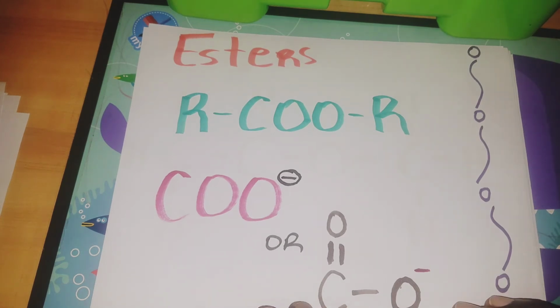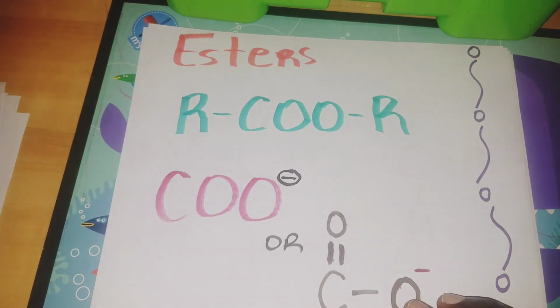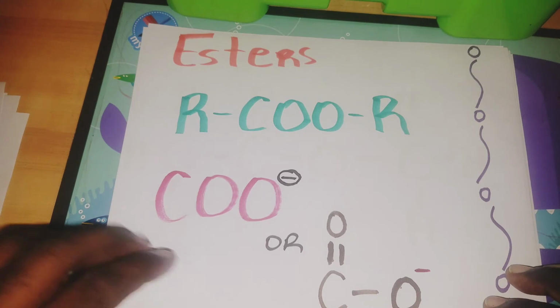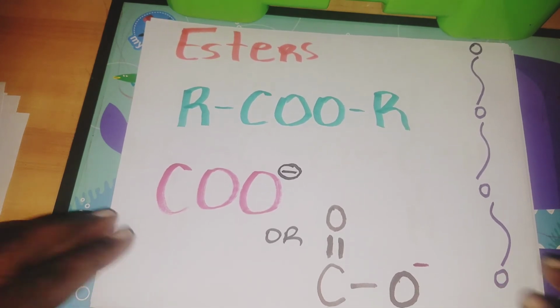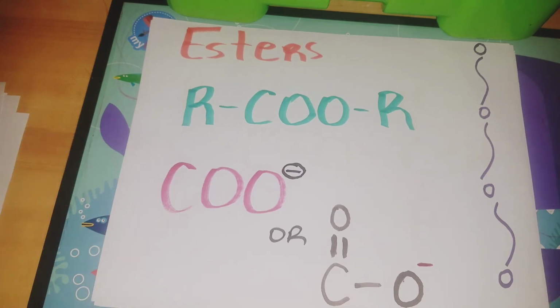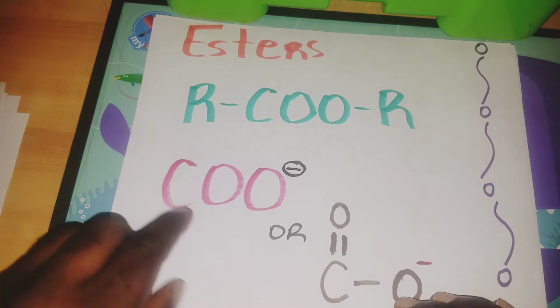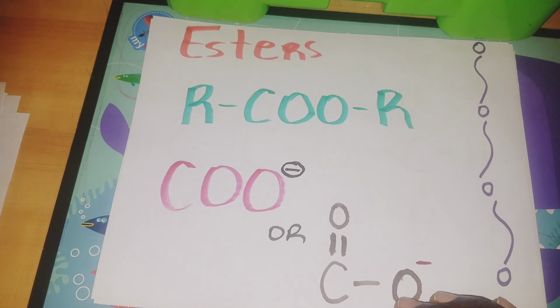These are our esters. Now you'd notice here that I've replaced the CnH2n sort of thing with these R groups. That's because esters can become so complex that using that simple CnH2n becomes a little bit tedious. So therefore we use R groups. So this is the general formula of esters. All right. Now the functional group of esters is COO minus. Now you may ask yourself, where does this minus come from? Now I'll show you in this